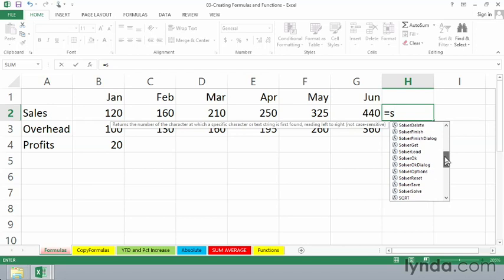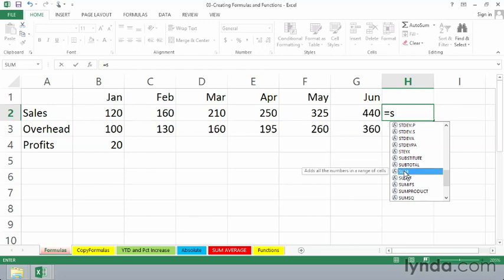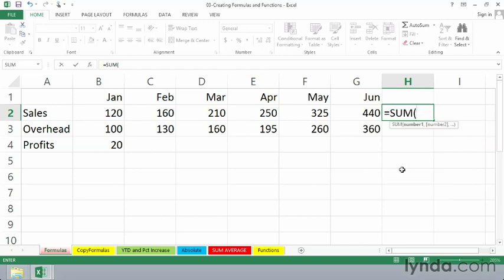And just by seeing some of these, you get a sense of some of the capabilities. But here's sum. If you happen to click on it, you'll see a description of it. If we want to type this, we can continue doing that or simply press Tab. The next step, not so obvious, but we need to select these cells here, either by dragging left to right or right to left, but hold down the left mouse button first.